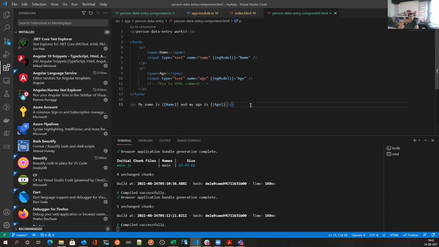For example, when I put name and age and submit, it should be added into an array. That way I can store a lot of people's information. Whenever I click submit, it should be added into a database. In your case, the database would be a simple in-memory array that you can define within the component. It should be stored over there, and then we will show the array later on.